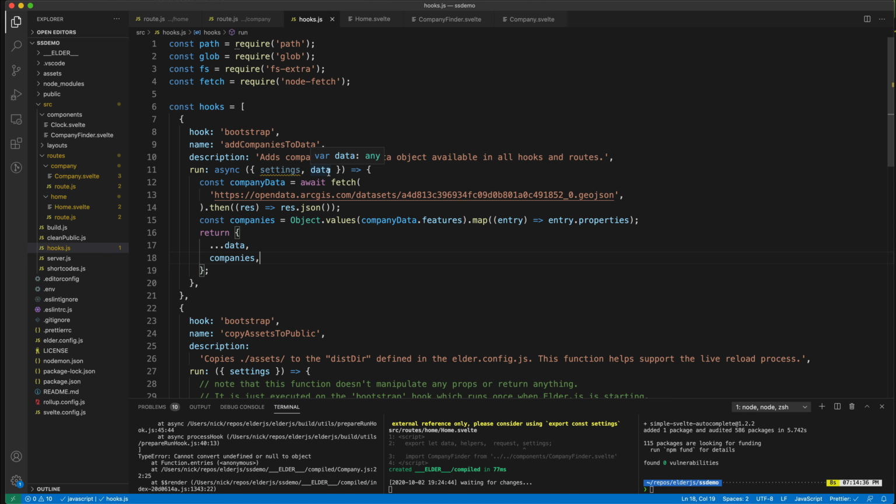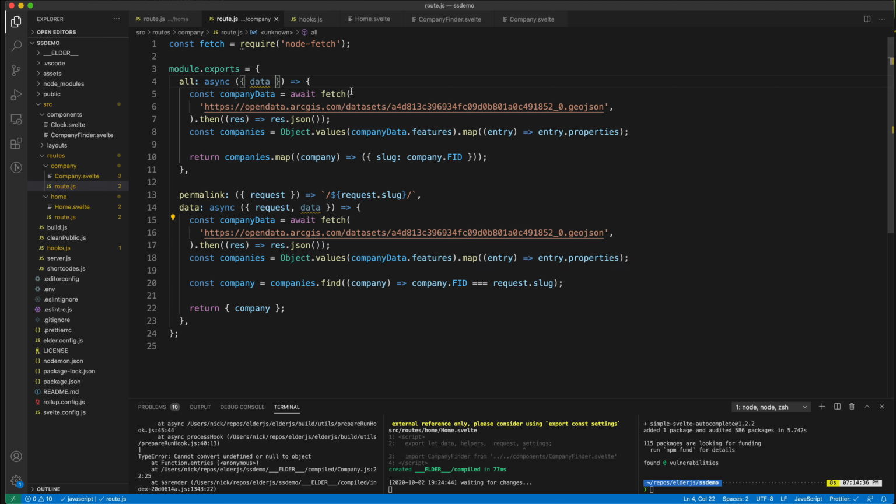And so this adds a way to predictably know what will be mutated on each hook. And I really like to have all of the cruft, so to speak, the hacky stuff that happens on a project, in one file. And that's generally where your hooks.js file comes in, is all the crufty stuff happens there. So now we can go to the company routes, and we'll see that if we do